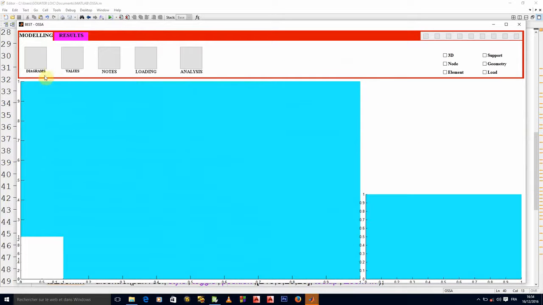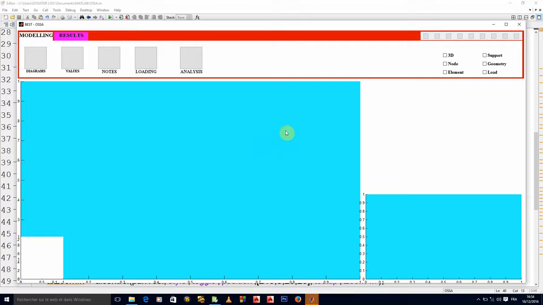So launching this, you see value diagram here, values here, and notes here, okay? So, but they are not supposed to appear under the modeling tab. They are all supposed to appear under what? Under the results tab, okay? So that's the next thing we have to program. I will give both the modeling tab and the result tab, okay, the same button down function.